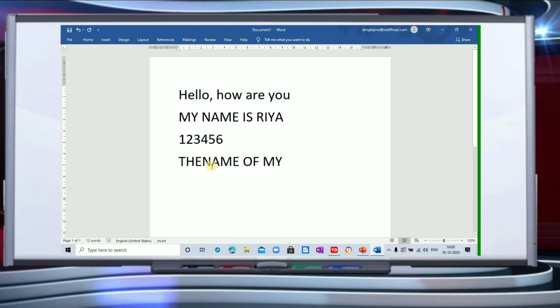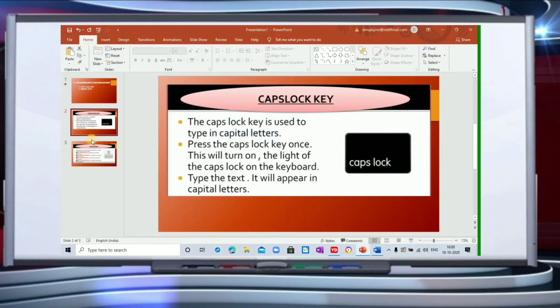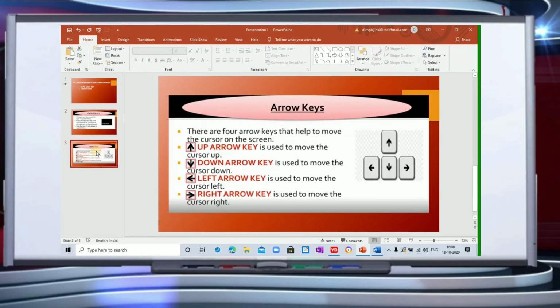So now what I'll do is I'm going to take my cursor here after E and I'm going to use a space bar. Now this is how you will get a space with the help of the space bar between the two words.